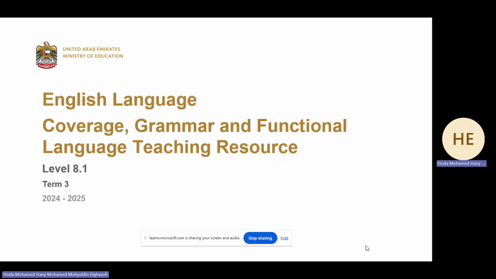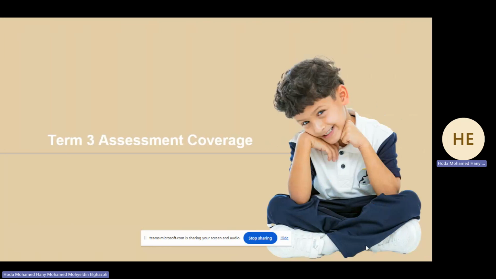This guide will help you understand what you need to focus on for the end of term exam. We have five key focus areas. The five major things you need to pay attention to are the topics and themes we've studied, the grammar structures you'll be tested on, the vocabulary you need to know, the exact format of the exam, and some study tips